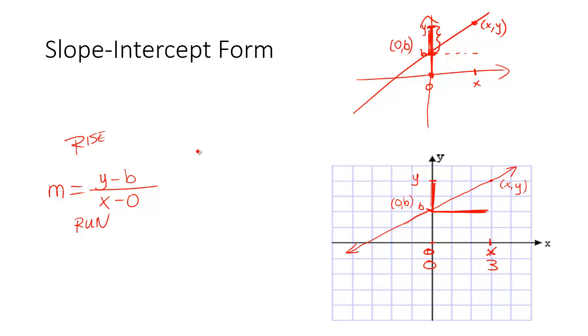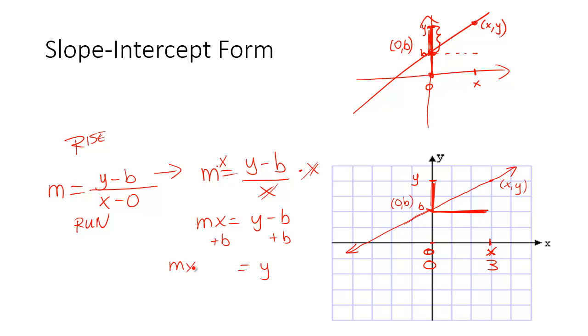Okay, so now if you take this, you have m equals (y minus b) over x. Take a minute and solve that for y. Okay, so we multiply both sides by x, and we get mx equals y minus b, and then we add b to both sides, and we get y equals mx plus b. Okay, so if we have y equals mx plus b,